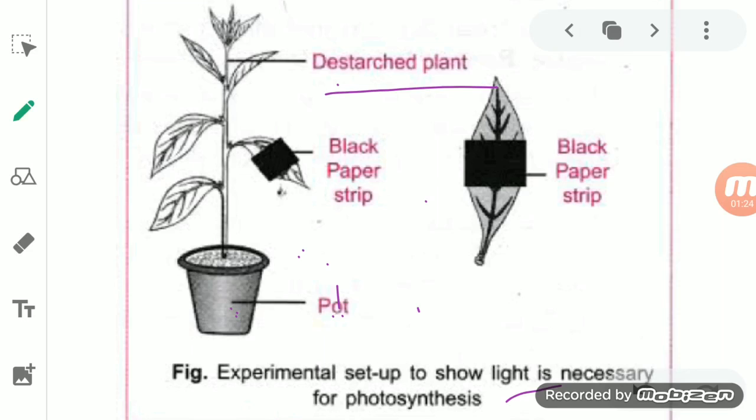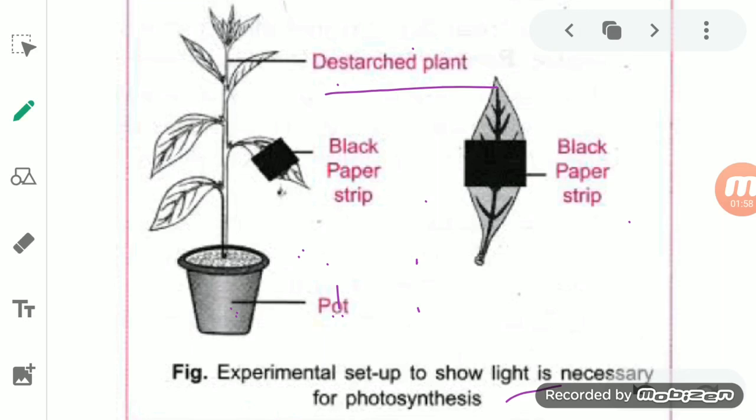I will repeat it. The starch is what? It is the food which was prepared by the plant. So at first what we are doing here is simply checking that if sunlight is necessary, then the plant prepares food, which means starch will be present. So before doing this experiment, we will remove all the starch which is already present in the leaves. Okay, and how can we do that? We will keep this potted plant inside a dark place.